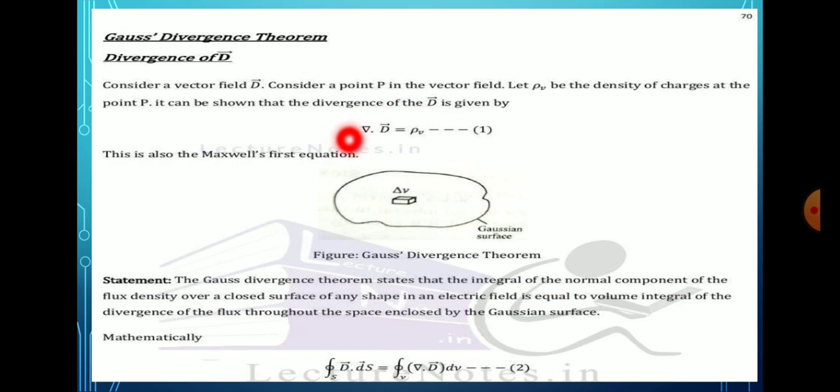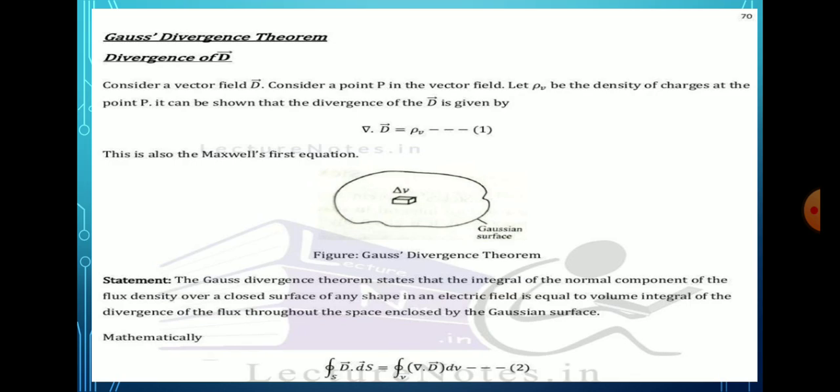This equation is represented as Maxwell's first equation. Then the Gauss law statement is given by the Gauss divergence theorem, which states that the integral of the normal component of the flux density over a closed surface. Here, consider this equation. That equation becomes the integral